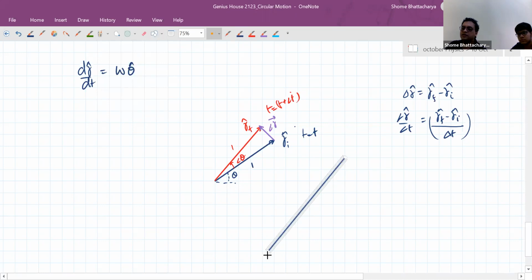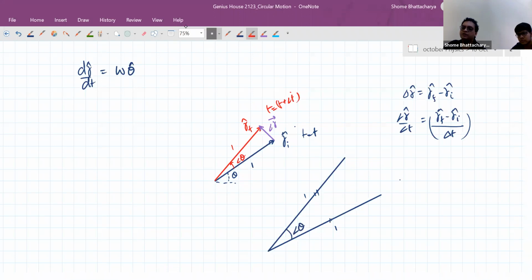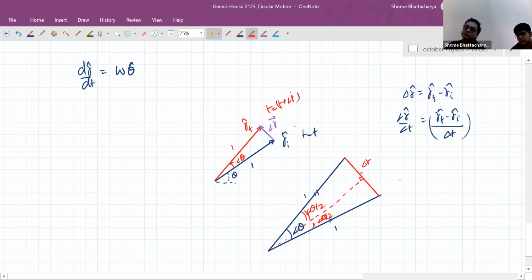Again suppose I take a more magnified version of this. So this is my triangle whose both sides are unity. It's an isosceles triangle with the angle in between being delta theta, and now I'm trying to calculate this side of it. You use that standard vector algebra approach for isosceles triangles. You want to find this side, which is your delta r. So you drop a perpendicular from here. The perpendicular bisects, and this angle is delta theta by 2. In terms of magnitude, delta r will be 2 times the magnitude of each of these, which is unity, into sine delta theta by 2.